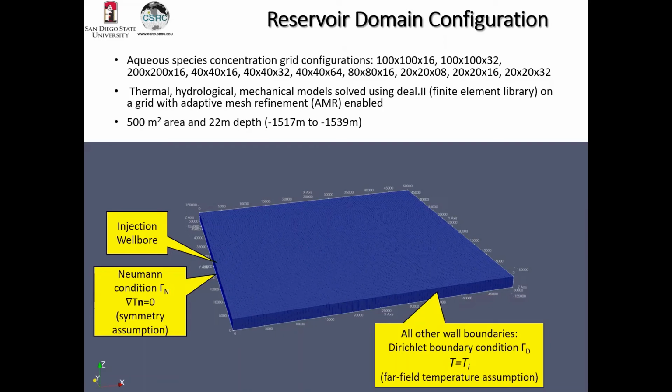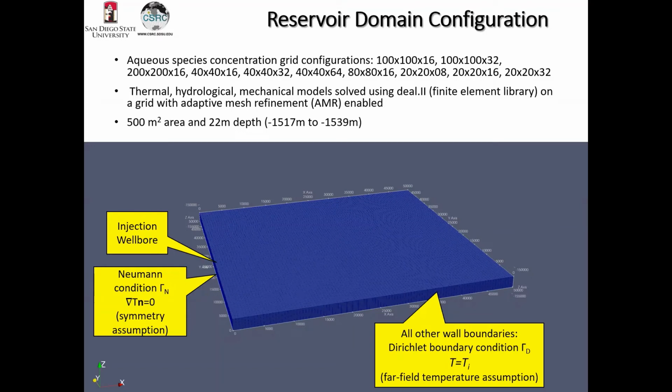So here is the Frio simulation. We have a slab, 500 meters by 500 meters, and then we have a small perforation region. The injection wellbore is right here in the center. We have a Neumann boundary condition here, zero flux temperature on this wall, and then we have Dirichlet conditions